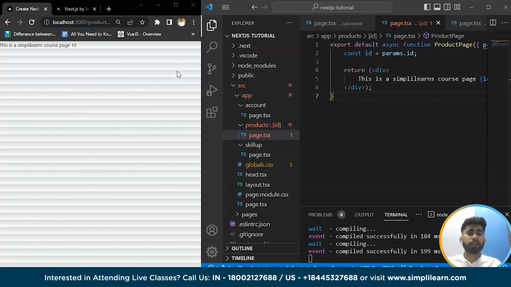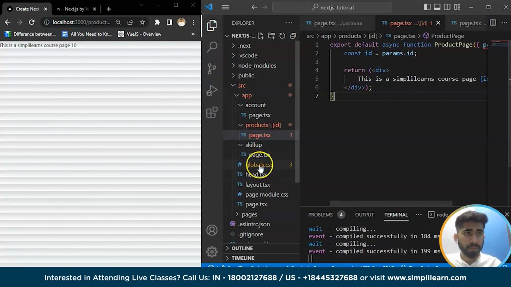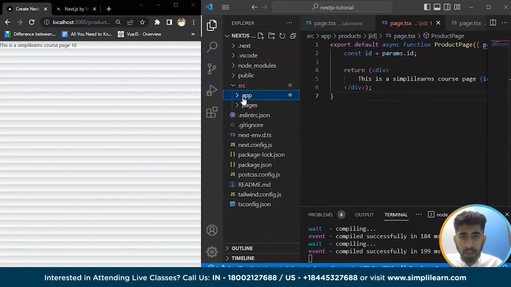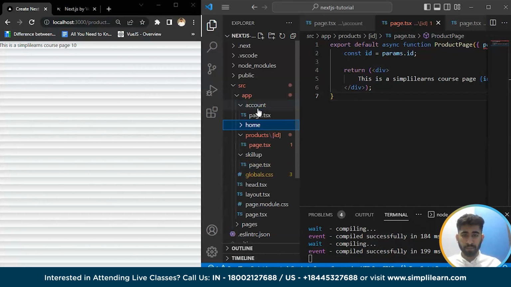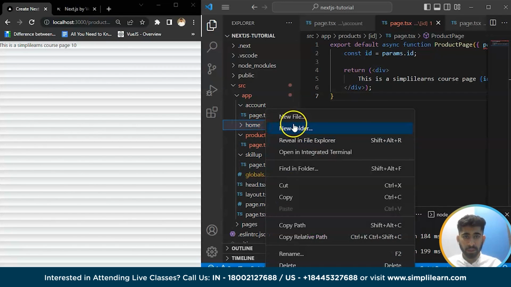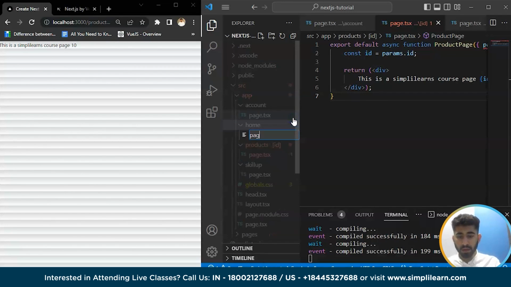Let's create a folder inside this app. Let's name it home. Here I'm going to write a new